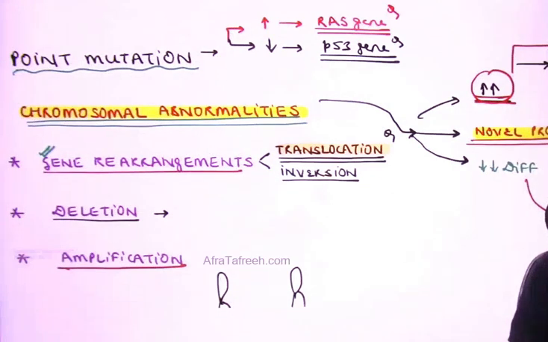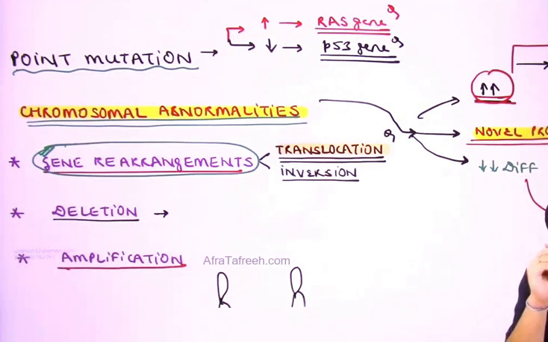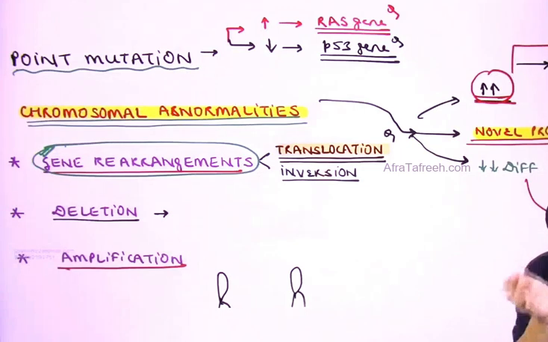Gene rearrangement is one of the most important mechanisms responsible for the development of lymphoid neoplasms. Why? When I am talking about lymphoid neoplasms, the cancers are going to be affecting which cells? Lymphoid cells. So B lymphocytes and T lymphocytes. In a normal person like you and me, the B and the T lymphocytes have to come in contact with different shapes and different types of antigens.